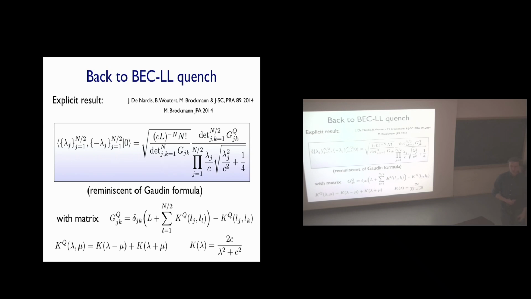Yeah, so let's say that somebody was able to do this, an arbitrary free bosonic state overlapped with Lieb-Liniger eigenstates at finite c. Then the totally general problem is solved because, for example, if I want to go from c to c prime, I go from c to free bosons and then from free bosons to c prime. I just compose these things and that would work. But we don't know that.